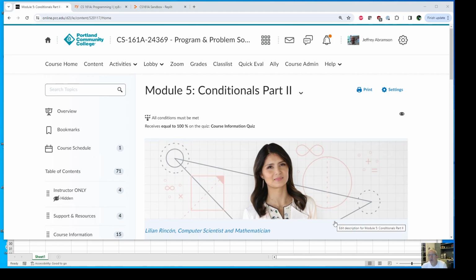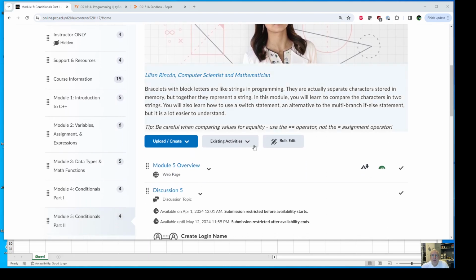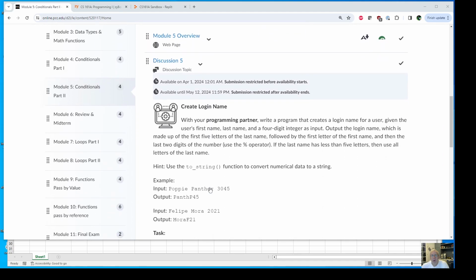We're going to do a slightly deeper dive into conditionals. We'll cover a couple different ways to do some of these conditionals and a few more advanced topics there. We're going to talk about character strings and floating point numbers as well, just in the context of conditionals, but also a little bit more details and some of the boundary cases you may run into here. And so for Module 5,